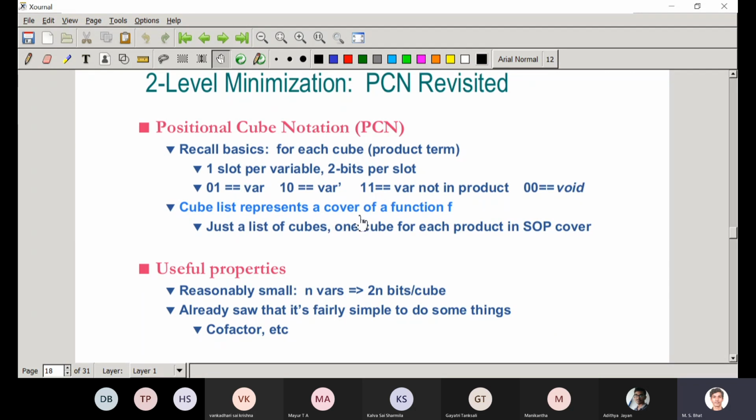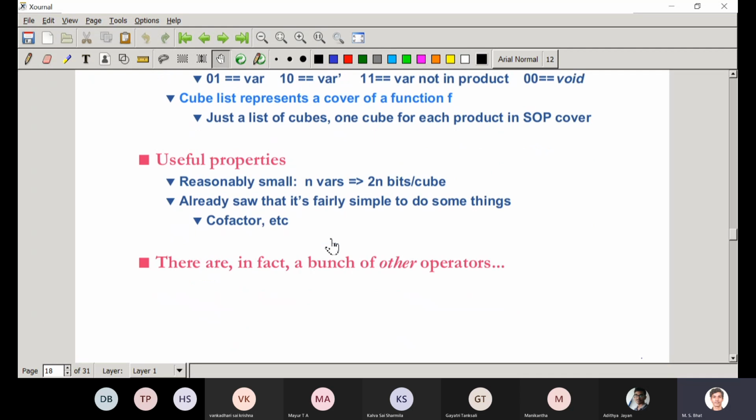A cube list represents a cover of a function f, and each cube I can represent in positional cube notation. Useful properties of PCN: it is reasonably small, n variables implies 2n bits per cube. So it is easy to do simple things like AND, OR, etc. Similarly, you can find the cofactors very easily.